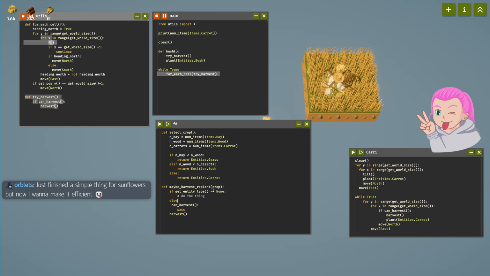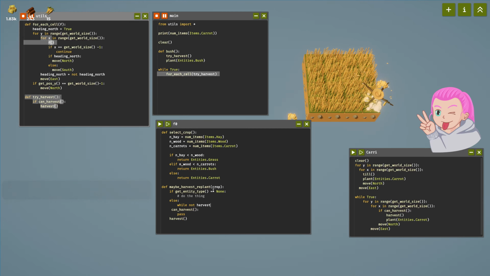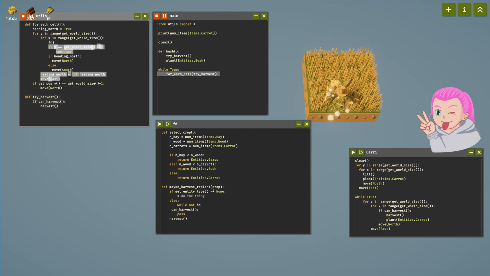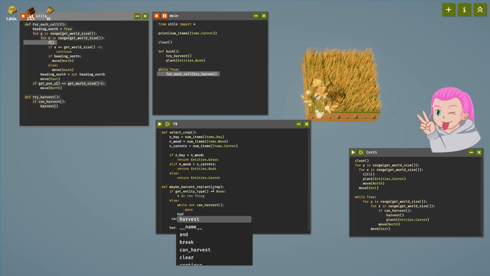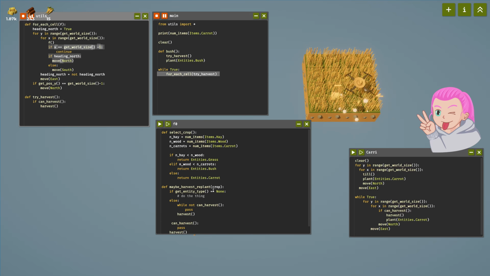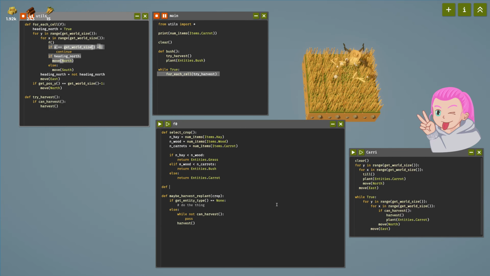Else, we wait until we can harvest. Not can harvest, and then harvest, and then we need to plant the crop, but we need to figure out if we can plant the right thing. So what if we just have a thing that gets us like